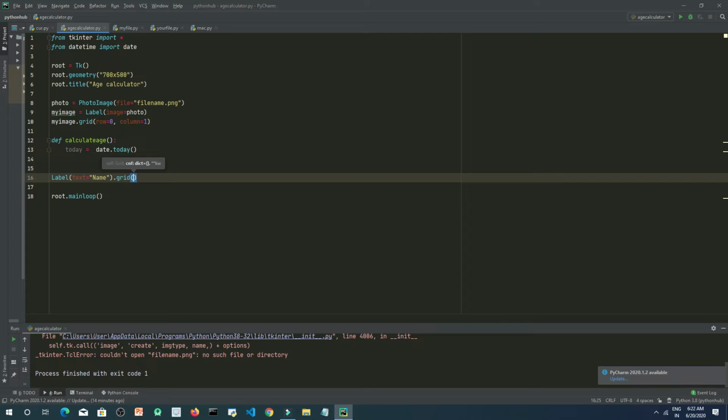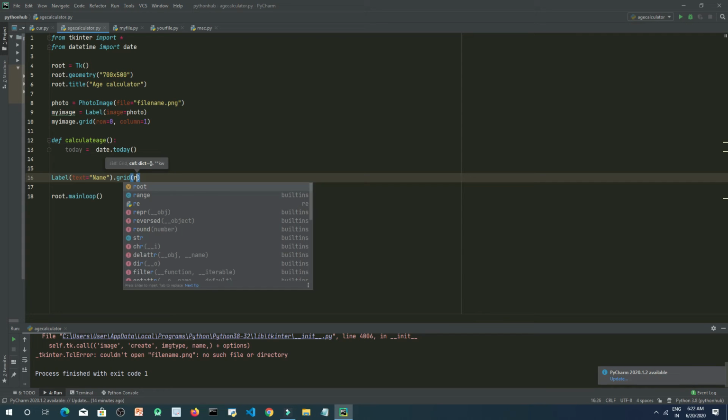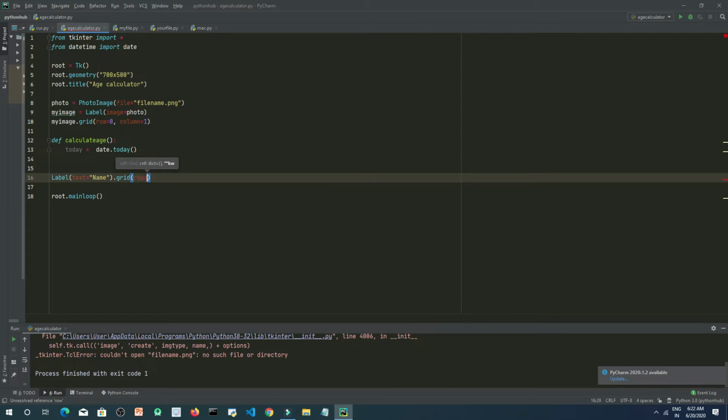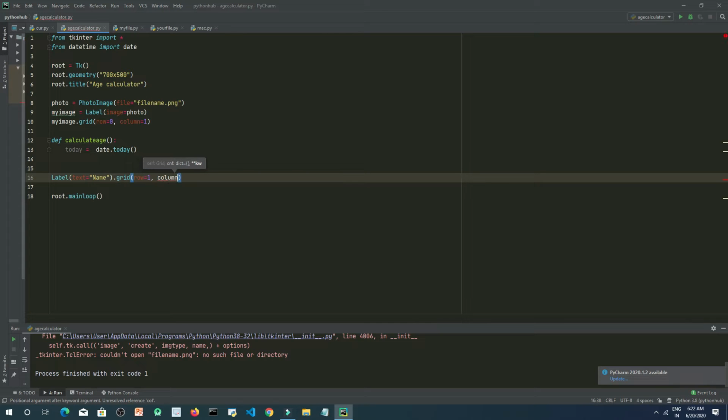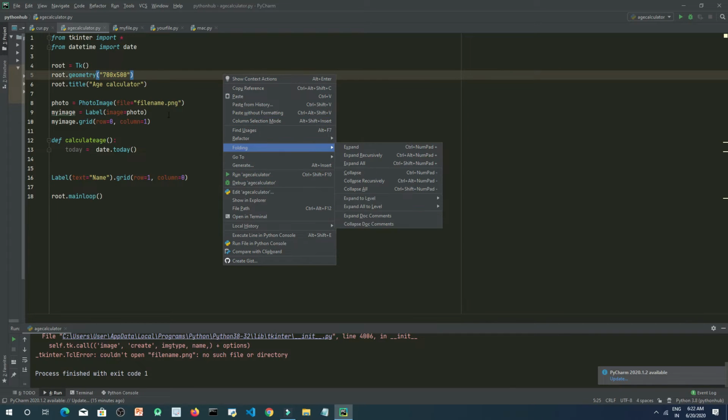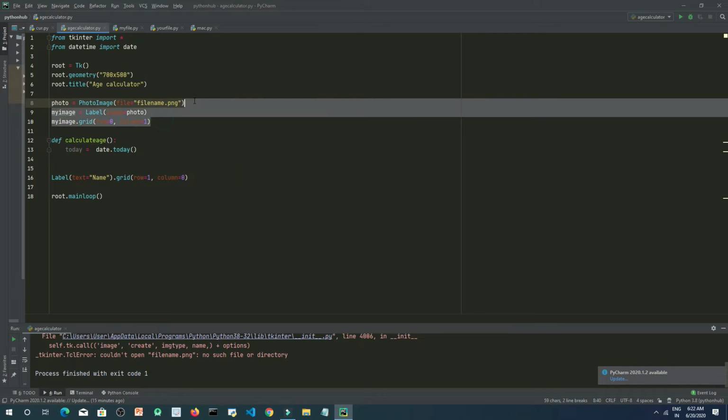So let's type row equals 1, the first row, and column equals 0. Now let's try to run this program. Actually, I need to comment this out currently.